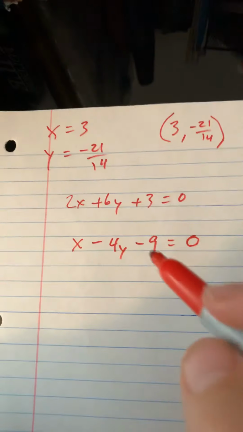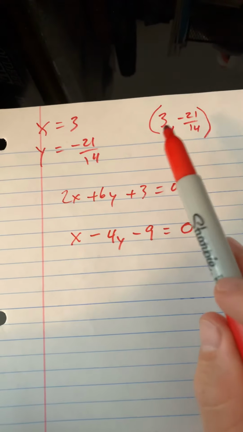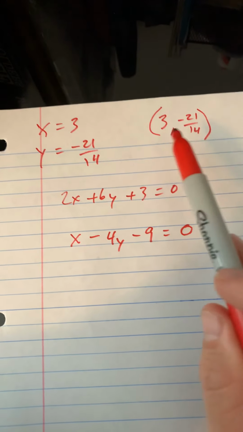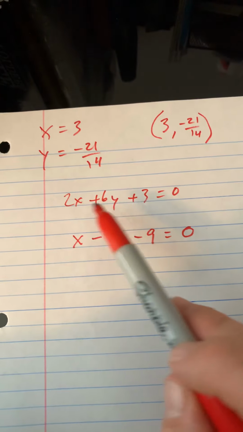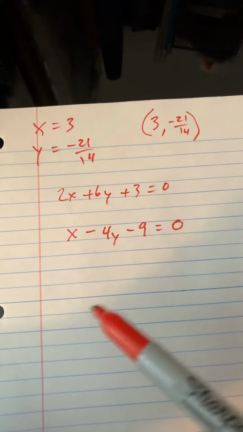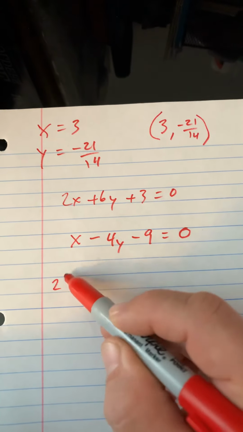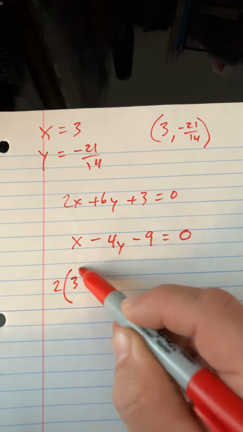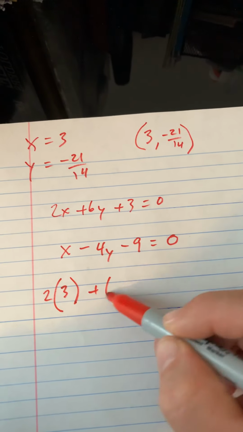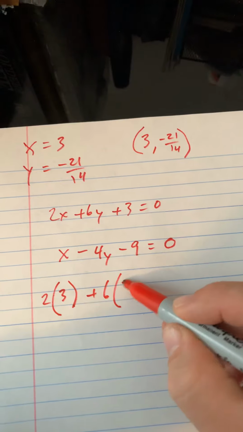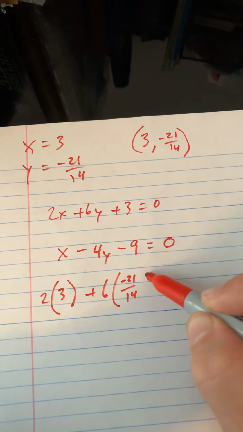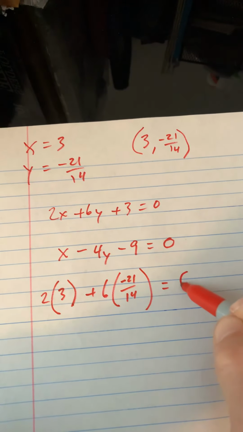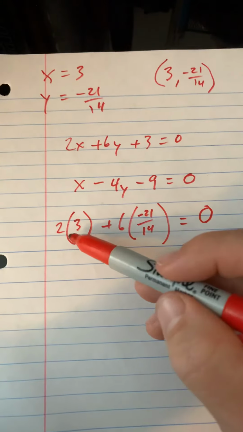So what should happen is when I plug in these values for their variables, I should get 0. So let's try that on the first one. 2 times 3 plus 6 times negative 21 over 14 should give me 0. Okay, we know that this is 6